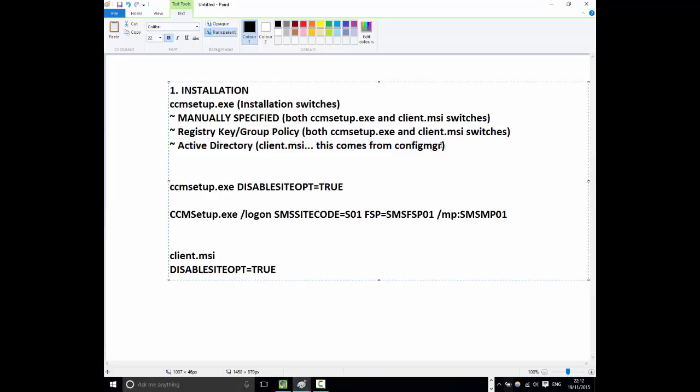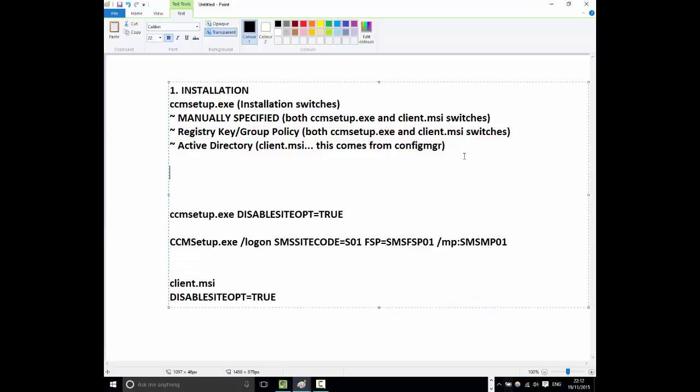Because remember, if you use a logon script, would you call a logon script manual installation? No. So a logon script is not manual installation. But if you use a logon script, I have a batch file, and inside the batch file, I can have a single command and say run